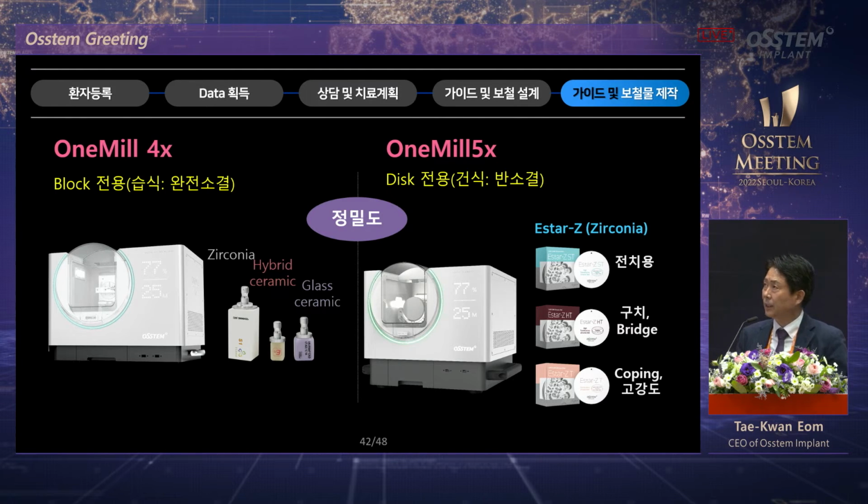On the left, milling machine to be used in the chair side, 4-axis. This is for block. You can see the pictures. This can be used. It is wet type sintering, and on the right, this is for discs. 1 mill 5X. Our differentiator of Osstem is that all milling machines are expensive, very expensive, because